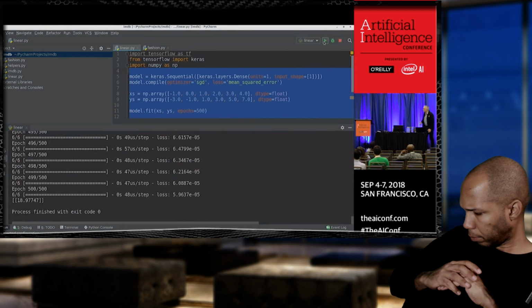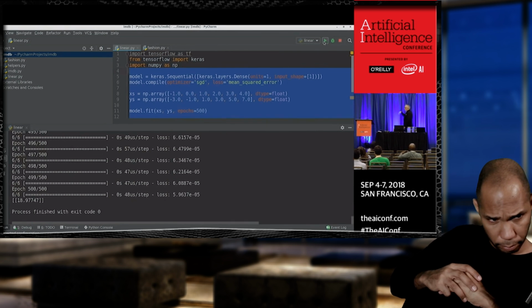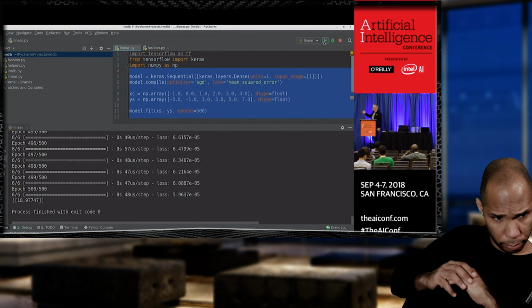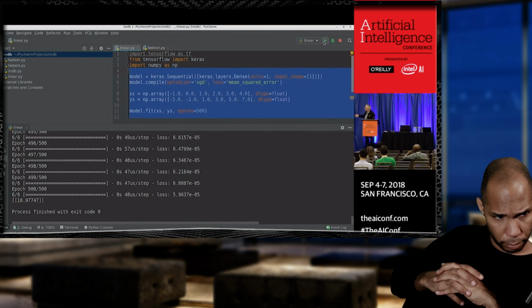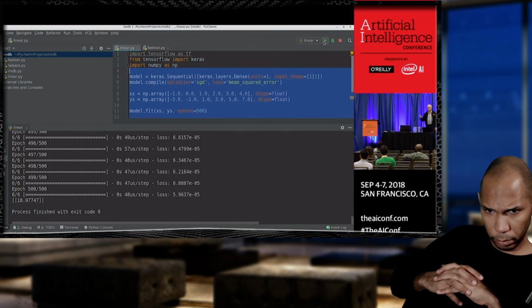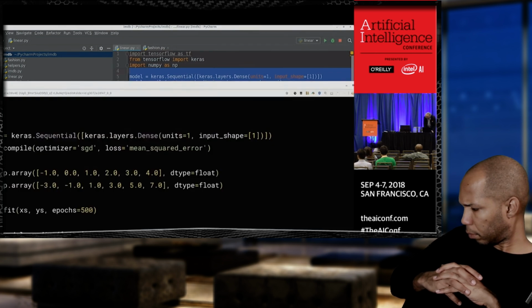So this IDE is PyCharm, by the way. So you see it ran very quickly because it's a very simple neural network. And as a result, I was able to train it through 500 epochs in whatever that is, half a second. What did it give me this time? Was 18.9747? Is that what I see? So again, very simple neural network, very simple code. But this kind of just shows some of the basics for how it works. So next I want to just get to a slightly more advanced example once I get my slides back.